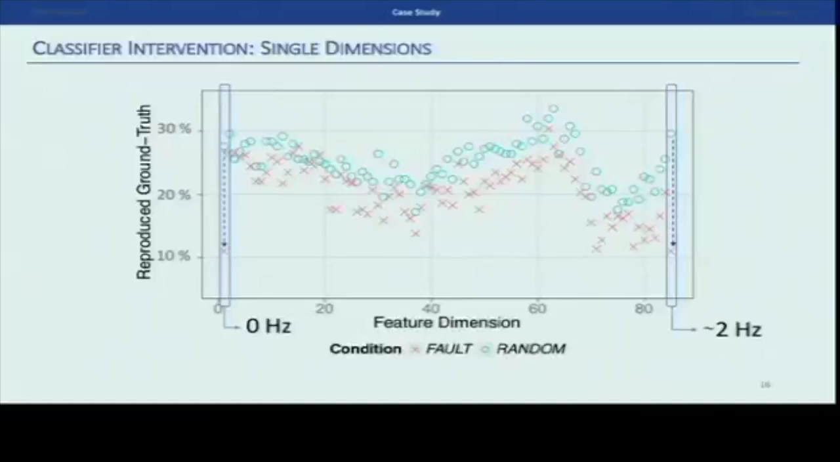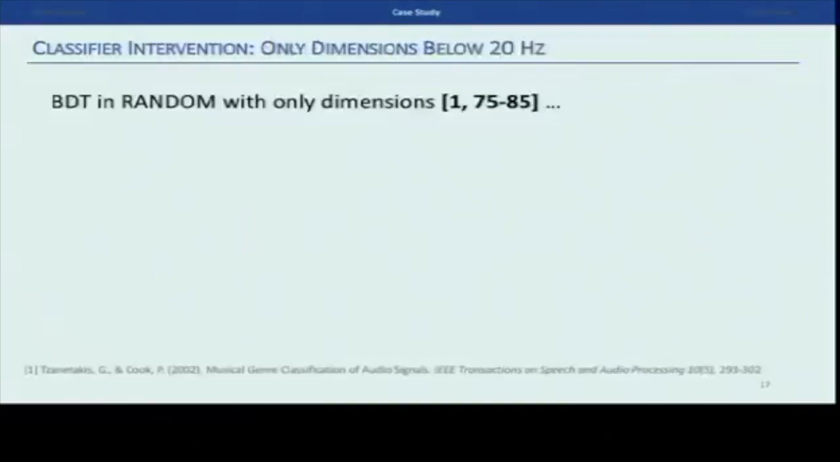This seems to imply that there is a certain correlation between this information below 20 Hertz, that it's there, no one knows why, and the partition condition and the faults of the dataset. In fact, if you group together all those dimensions that correspond to frequencies below 20 Hertz,